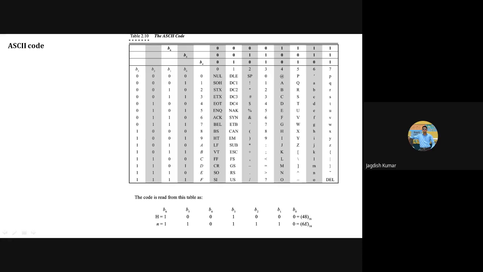So for example, Tanvi should write down what is capital T. You should write down, say, T is equal to the ASCII equivalent, in this format.